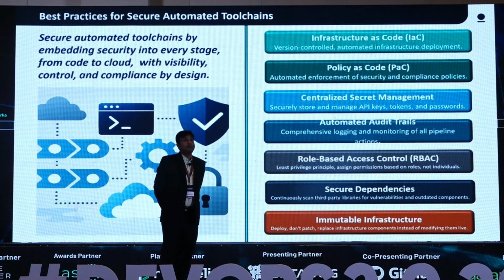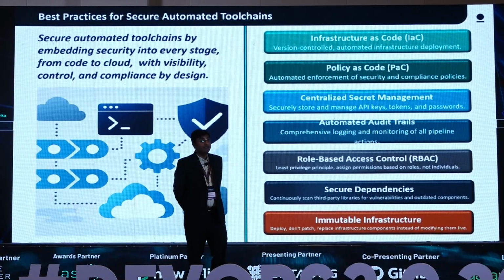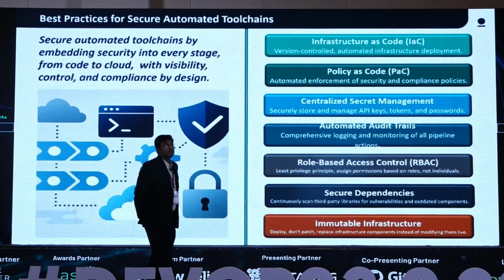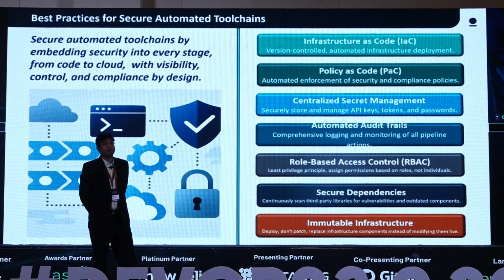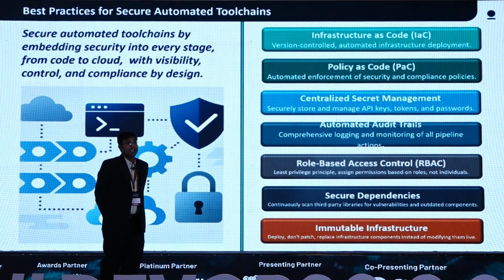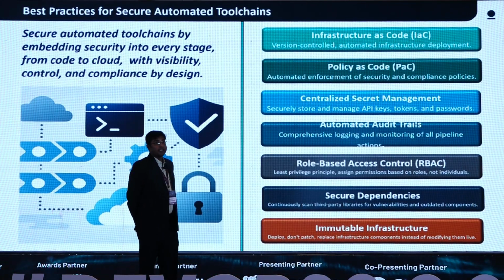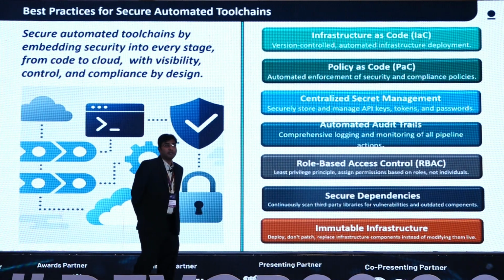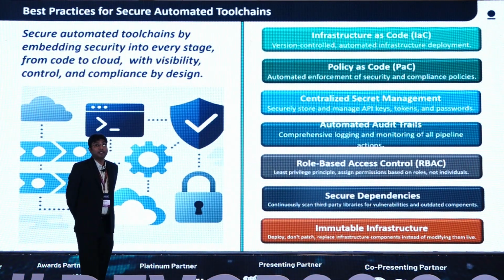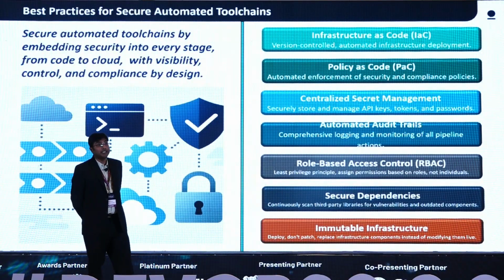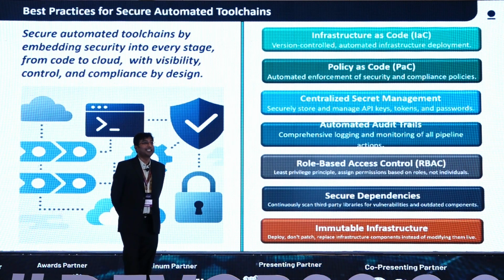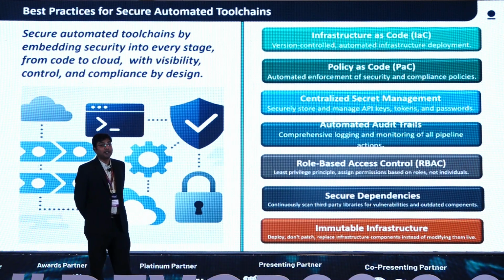Great. Now, what are the best practices? These are not the only ones, but I listed a few. Infrastructure as code. Don't follow manual practices. It should be automated. If it is AWS, on-prem, GCP, it should be automated. Policy, I think we all love to implement policies. That should also be implemented as code. It should not be applied in a manual way.